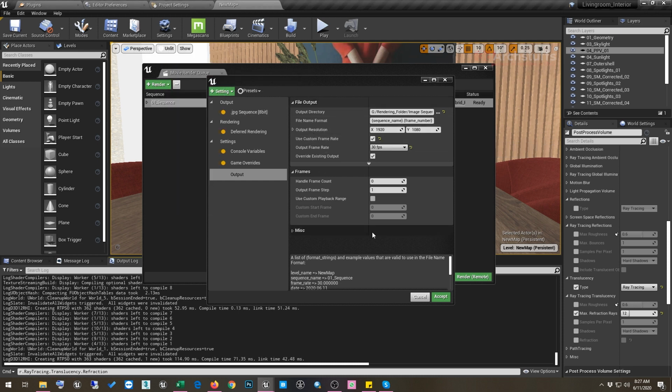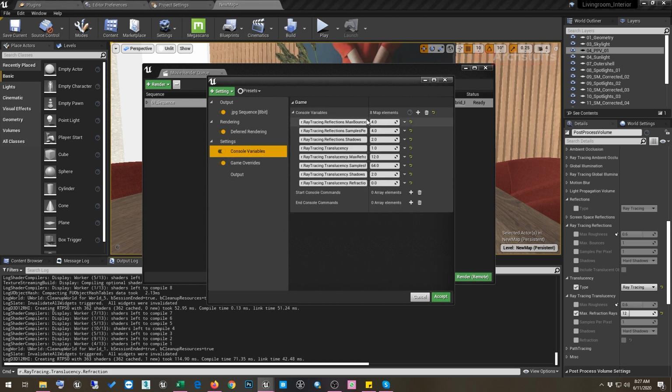So after this, we'll go ahead and now click to render a cinematic, and since this reflection sample per pixel is 4, we will consider this rendering as a medium quality. And once we are satisfied, then we can go ahead and change it to 32 or maybe 64 first and then render it. If it's crashing, then we'll go ahead and reduce it to 32.